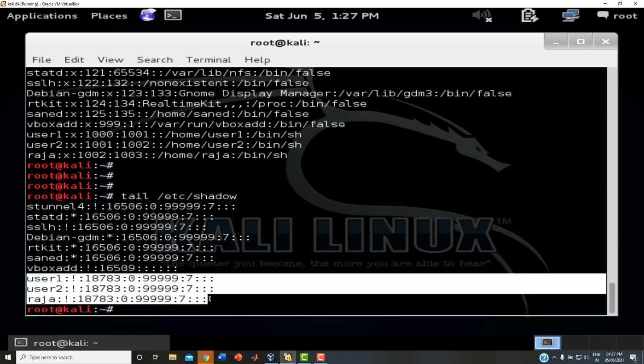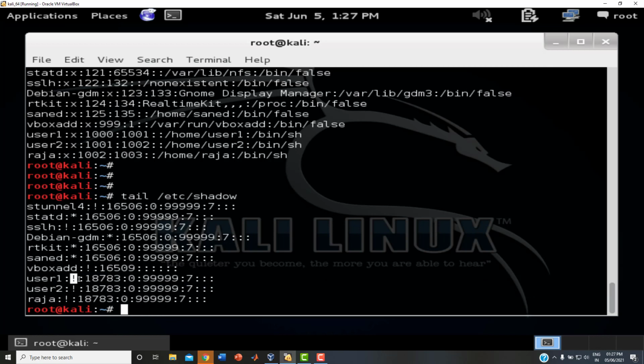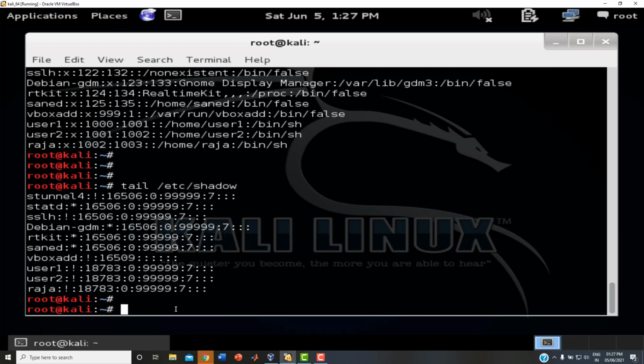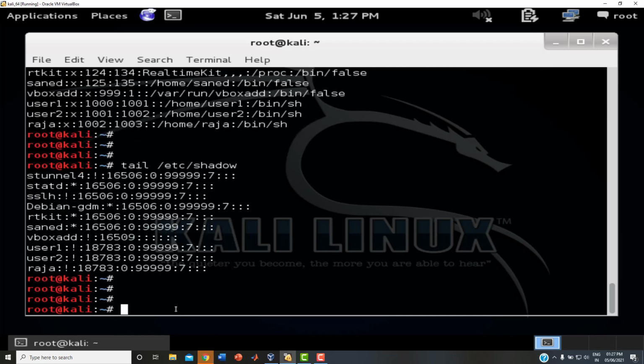So 3 users are added here, user1, user2 and Raja, and next to the user you can see there is an exclamation symbol. It shows this particular user does not have any password. So these 3 users are added in the shadow file, but unfortunately there is no password for these users.